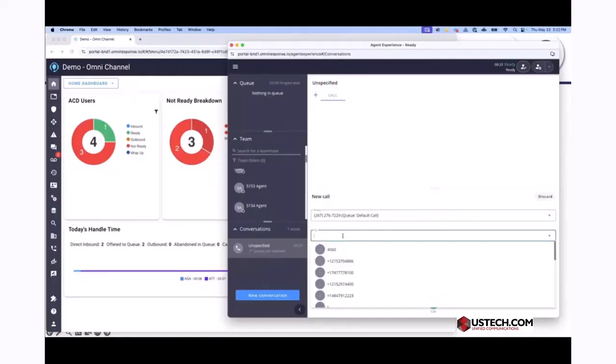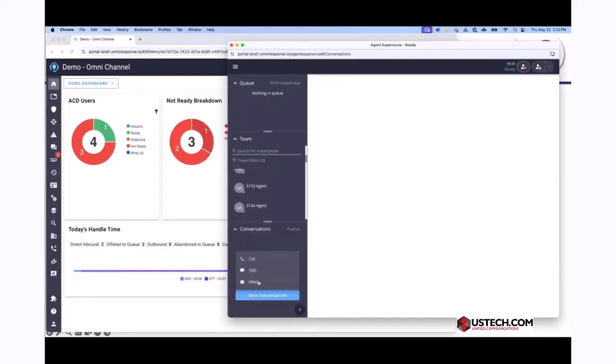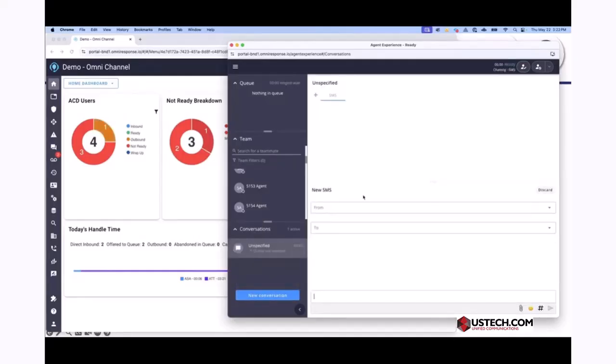Down below, I can type in maybe I want to call someone on the PBX side with their extension. I can dial my 11-digit or 10-digit number, or if I know who I'm calling, I can just type in the name of that person, click on that, and make that call outbound. If I wanted to send a text message, very similar, I'm going to choose my SMS option here,